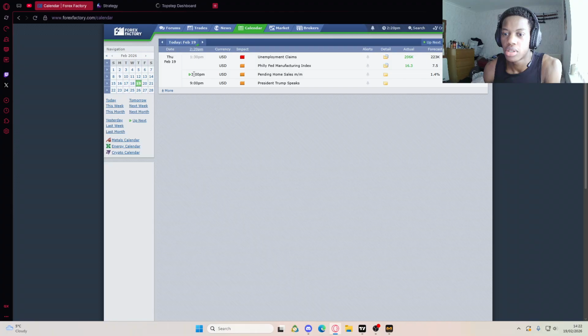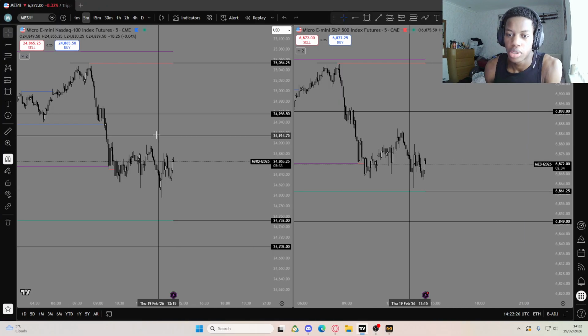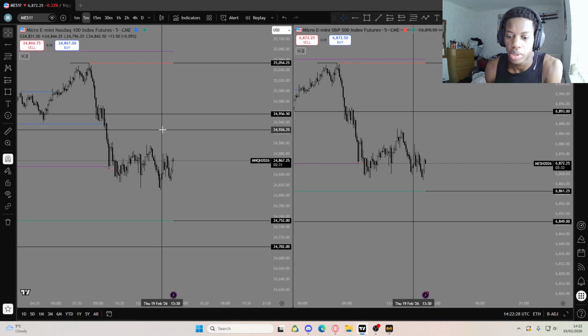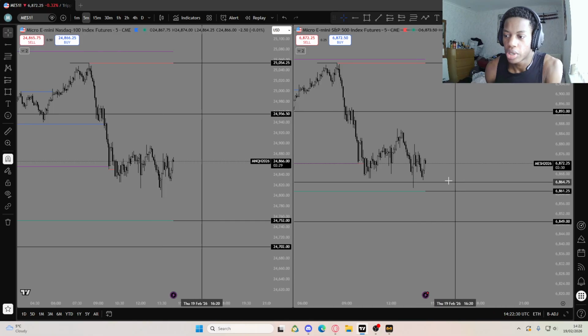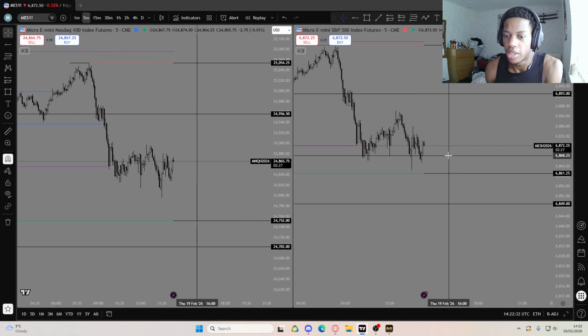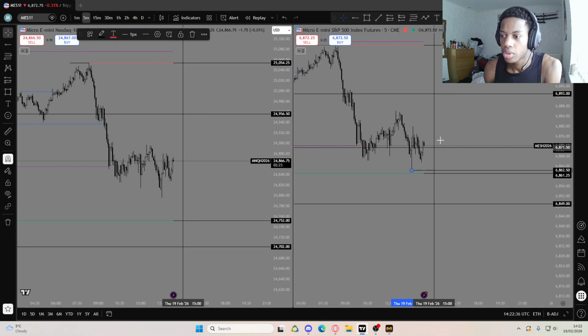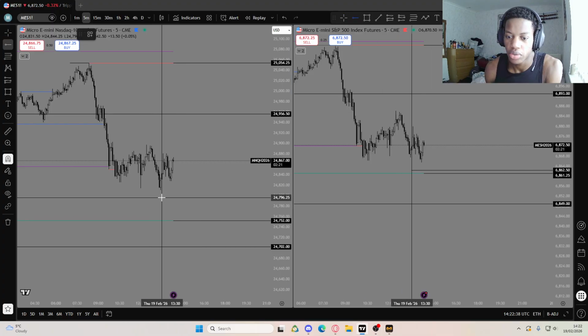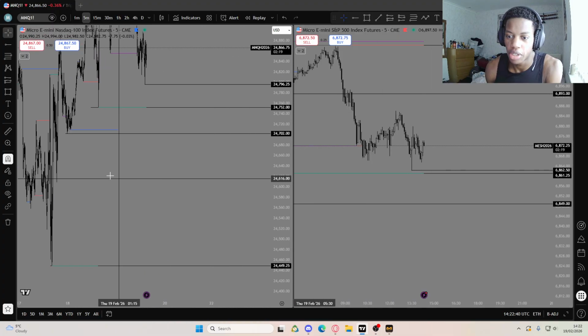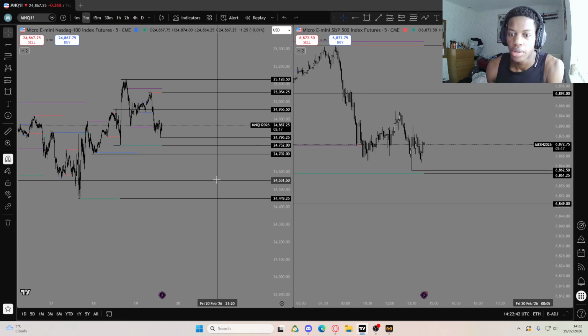Anyway, news. There's 3 p.m. news coming out. We should be okay for that. It's just orange folder. 1:30 came out. What did that do? Left a data wick there. So we might sweep that the moment market opens. It could just drop down straight into equilibrium on high time frame the minute market opens, then shoots up.